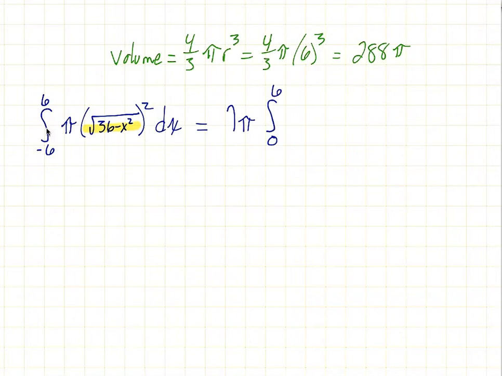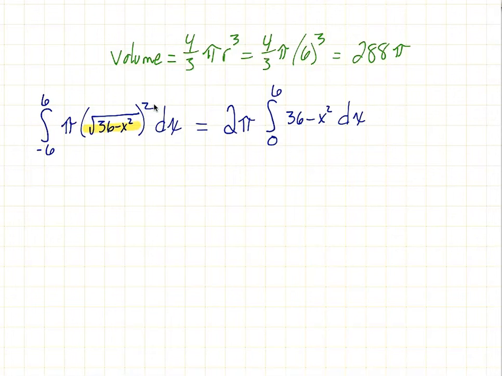So I'll put a 2 out here. So I'm going to take 2 of those, and then we're going to take the square root of 36 minus x squared, and we're going to square that. That will give us 36 minus x squared dx. Right? And now we're all set up to do the integration,